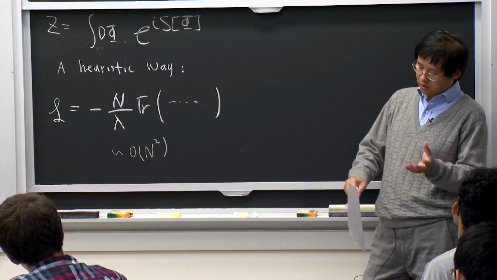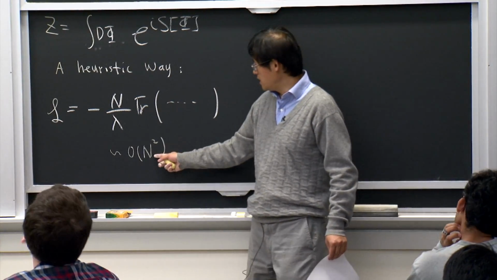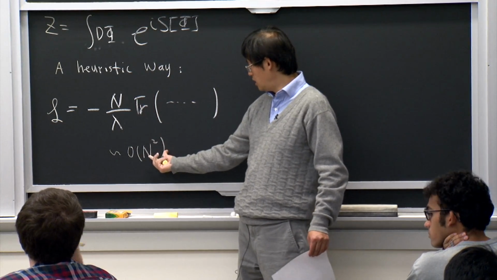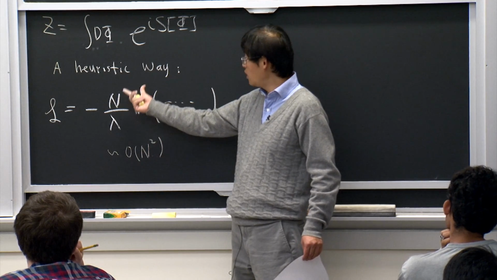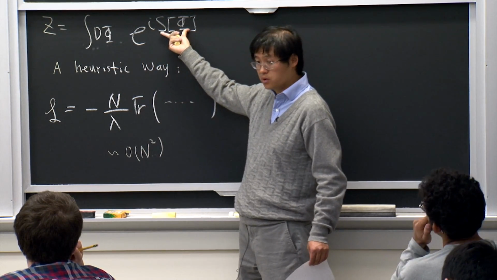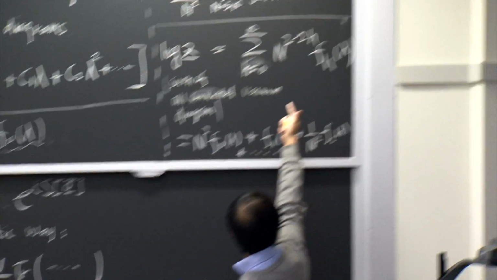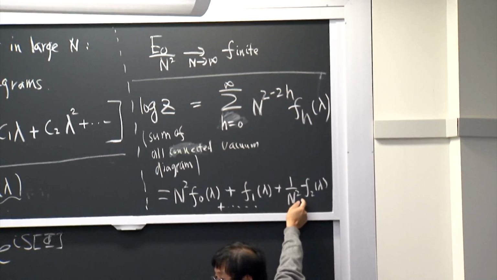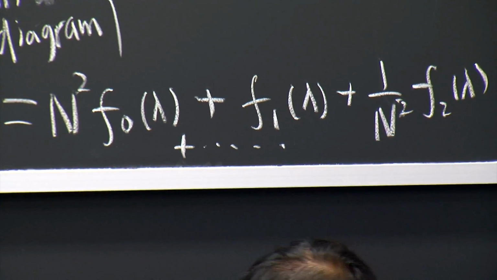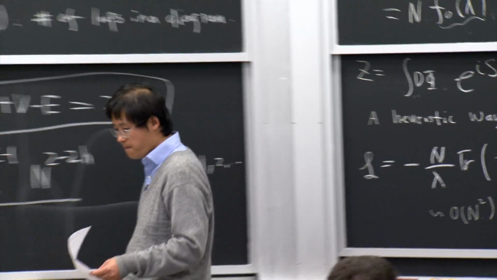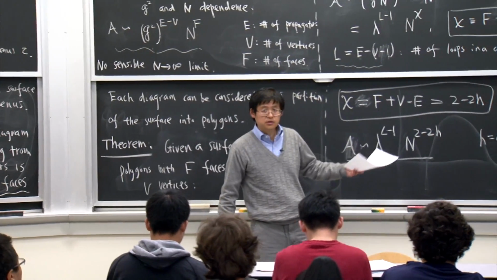So now with a little bit of a leap of faith, suppose in the large n limit, since the leading order is order n squared, you can argue that actually order n squared is the expansion parameter if you do saddle point approximation, and then naturally you will see the power will be given by 1 over n squared. Okay. 1 over n squared. Any questions regarding this? Yes?